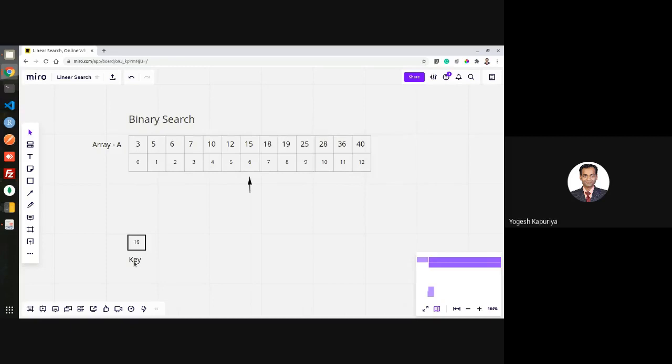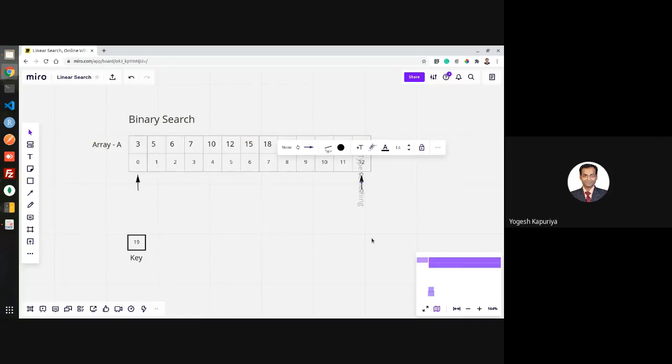Now you will check whether the key value is there at the midpoint. So let us understand it from the algorithm aspect. You have 2 pointers. This is my right, and this is my left.